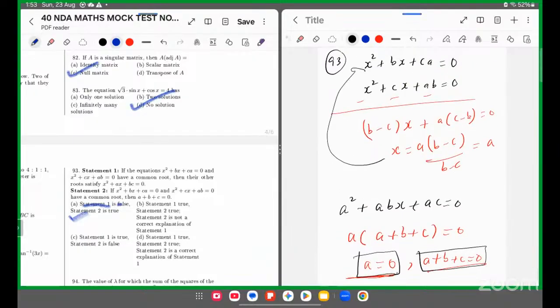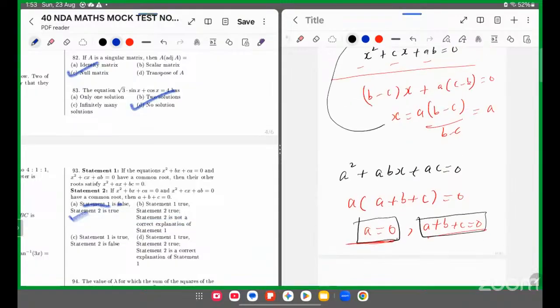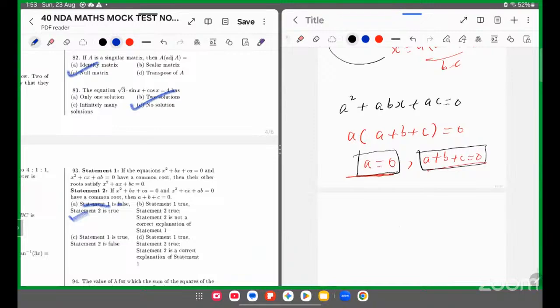तो a + b + c अगर 0 आ रहा है, दूसरे वाले में बोल रहा है कि नॉट अ करेक्ट एक्सप्लेनेशन, लेकिन हमें क्या आ रहा है कि अगर ये बोल रहा है क्वेश्चन में x² + bx + c अगर 0 के बराबर है और इनके बीच में कॉमन है, देन a + b + c 0 होगा, 0 ही होगा। बट ये भी हो सकता है पॉसिबिलिटी a 0 के बराबर, तो क्वेश्चन में बताना था ये कि a 0 के बराबर नहीं है, तो इसका मतलब अपना b आंसर आ रहा है।